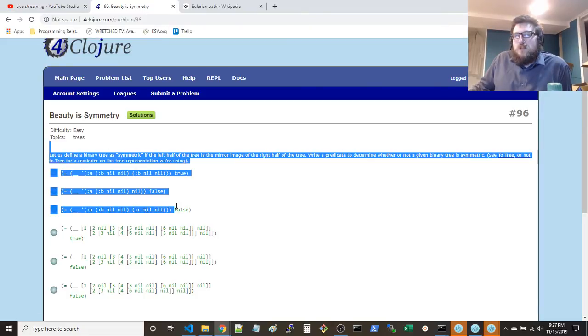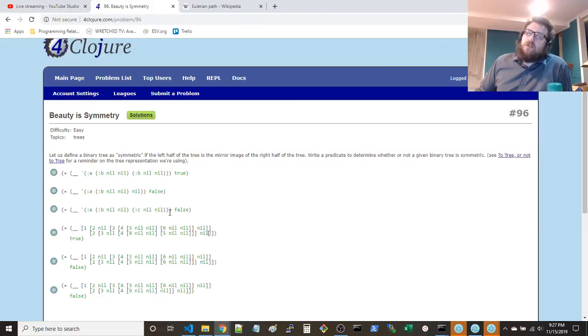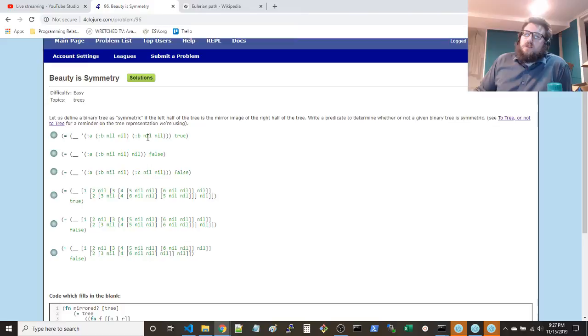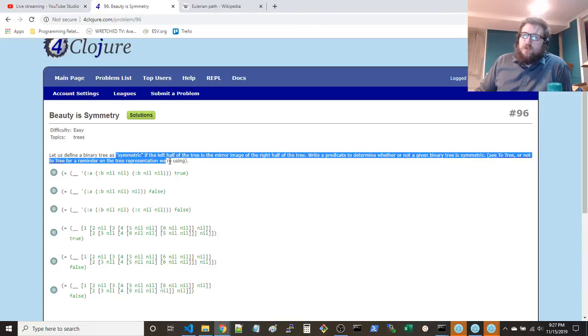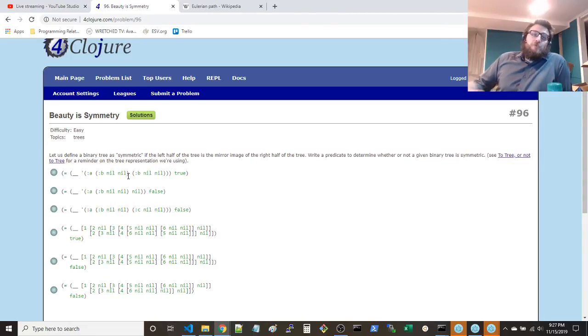Very interesting question. Easy. So what I did initially, and it's using the same tree representation as what we were using previously. What I ended up doing is I said, okay, it says it's easy, so it's got to be a very concise way to do this. In order for a tree to be mirrored, there's really two things. One is it's got to be the left tree and the right tree. The left tree is a mirror of the right tree.